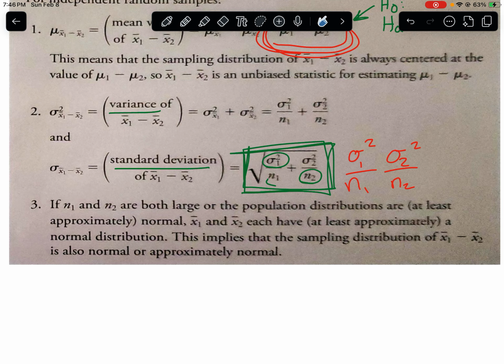Say this third part down here, if N1 and N2 are both large, so we still have those assumptions if we're dealing with mean. The big two are that our sample is random or that it's representative of our greater population. Okay, and we'll see that here in an example later on. And then again, that our samples are both large. So we want our samples greater than or equal to 30,